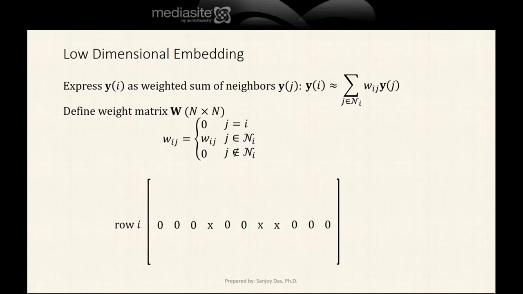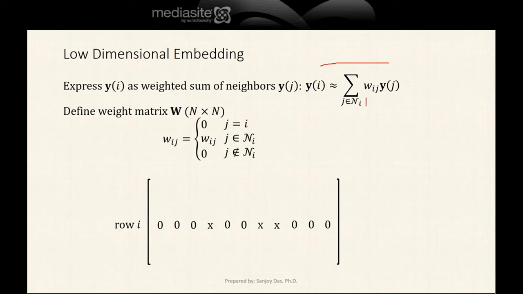So when we find y, we have to make sure that this expression is valid. So yi should be approximately equal to summation of wij yj, where yj's are in the neighborhood of